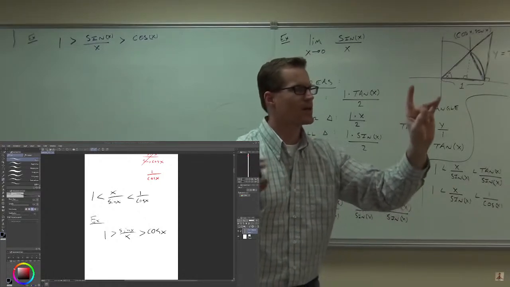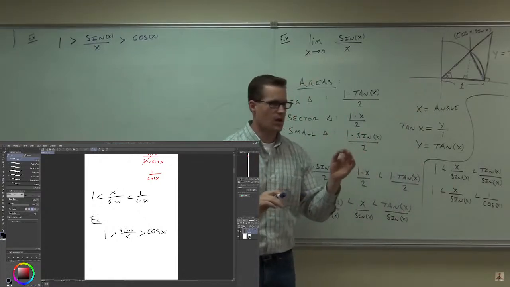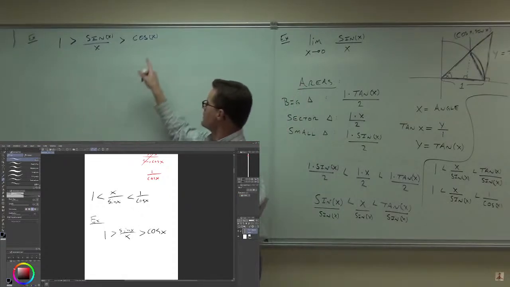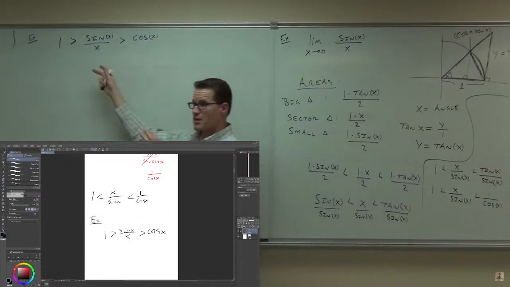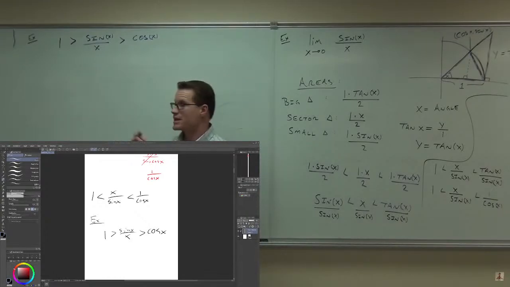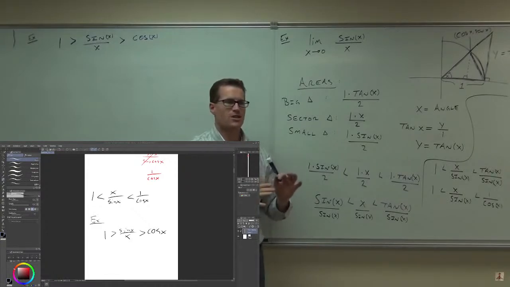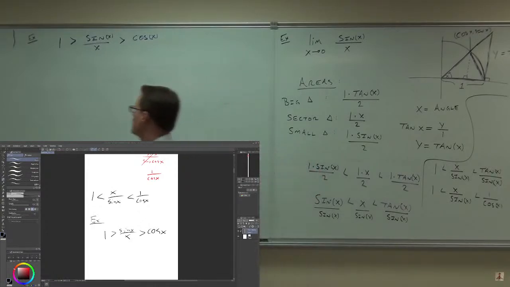Does that make sense? Now here's the theorem. It's called the squeeze theorem. The squeeze theorem says if the limit of this goes to something and the limit of this goes to something, then the thing in the middle has to go to that same limit if these are equal. Does that make sense to you? I'm trying to take a limit as we go to 0. Agreed? So then the limit